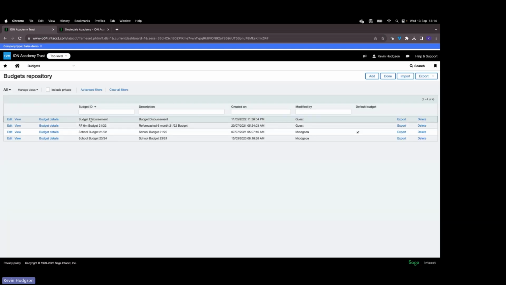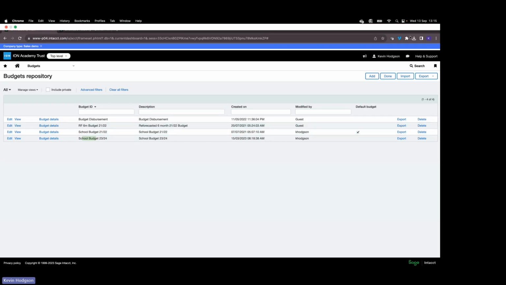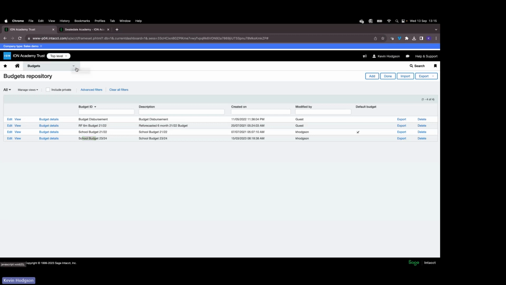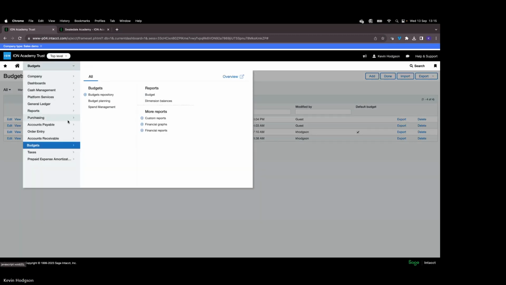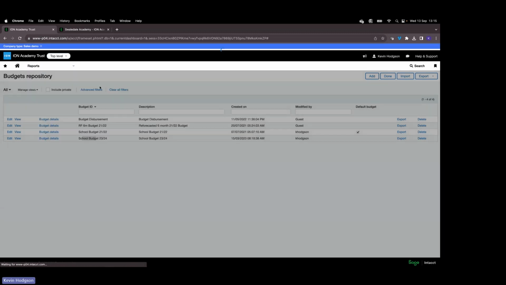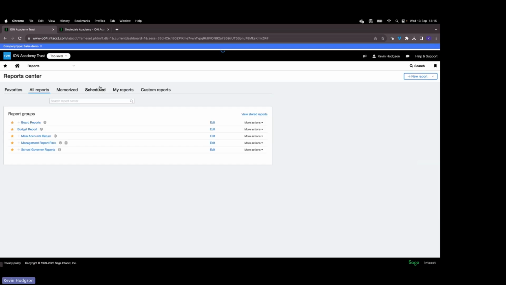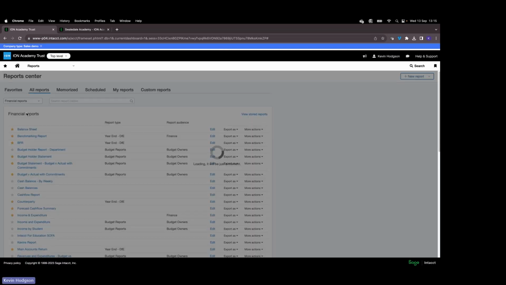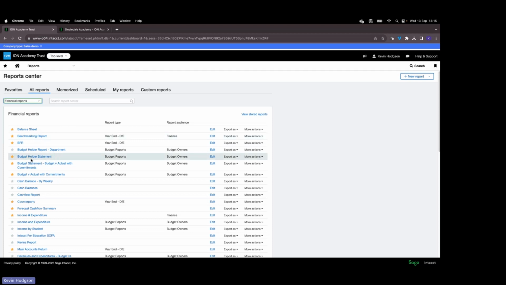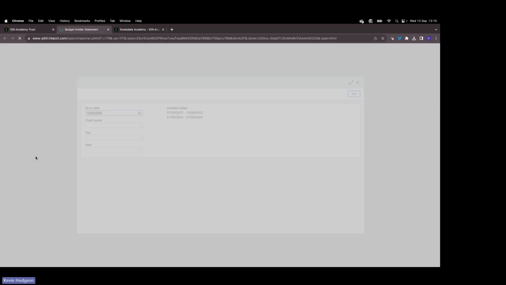So you can see, just as an example, in here we've got a school budget 21-22, 23-24. We've got the different types of budgets there that we've created, and we can have different reforecasted versions of them very easily. It makes it nice and straightforward for me, if I was to create a report, to pick and decide which budget or which forecast I would actually like to report on. So if I just go into my list of financial reports in the report center of Sage Intacct, I could say on my budget holder statement,